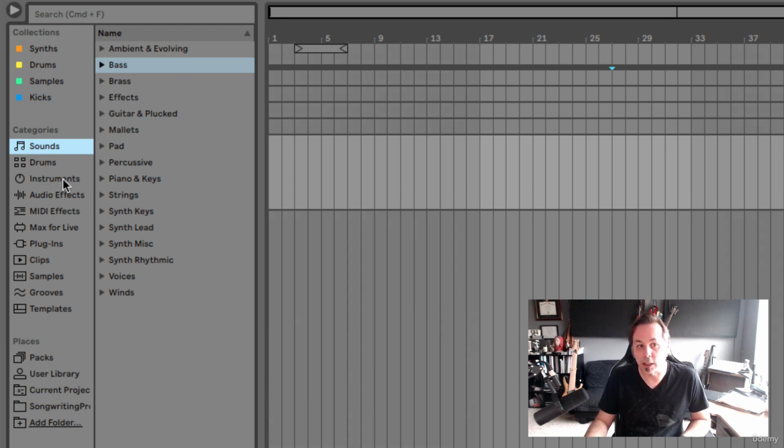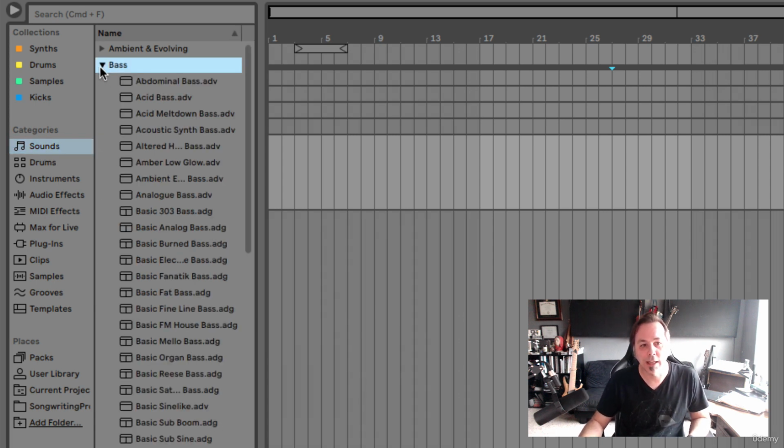So your instruments are here. We'll get to those in just a second. But this has all your instrument presets organized in a different way. So it's the same stuff. You can get to the same things under instruments, but this has them organized by the type of sound they make. Okay? So if I go to sounds and I say I want a bass sound, I can go here,